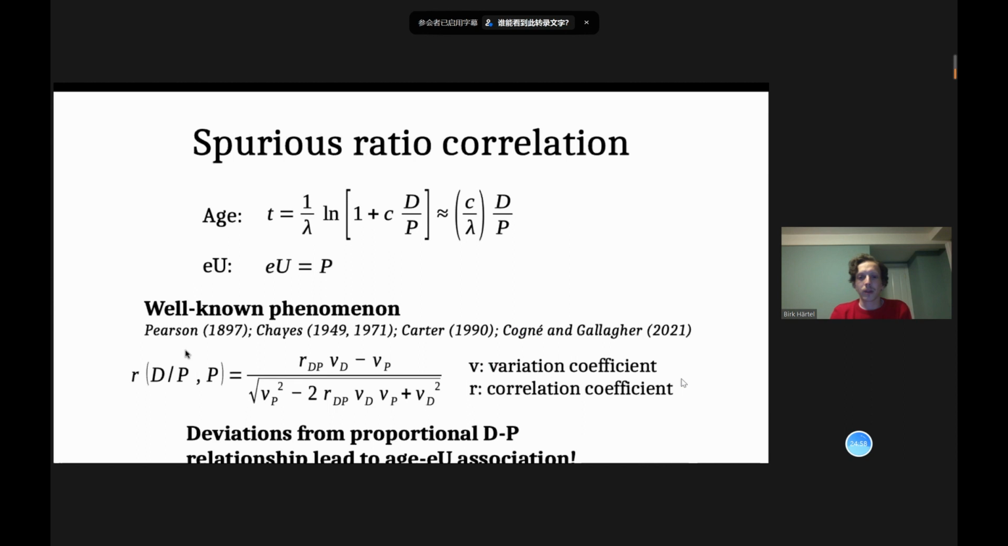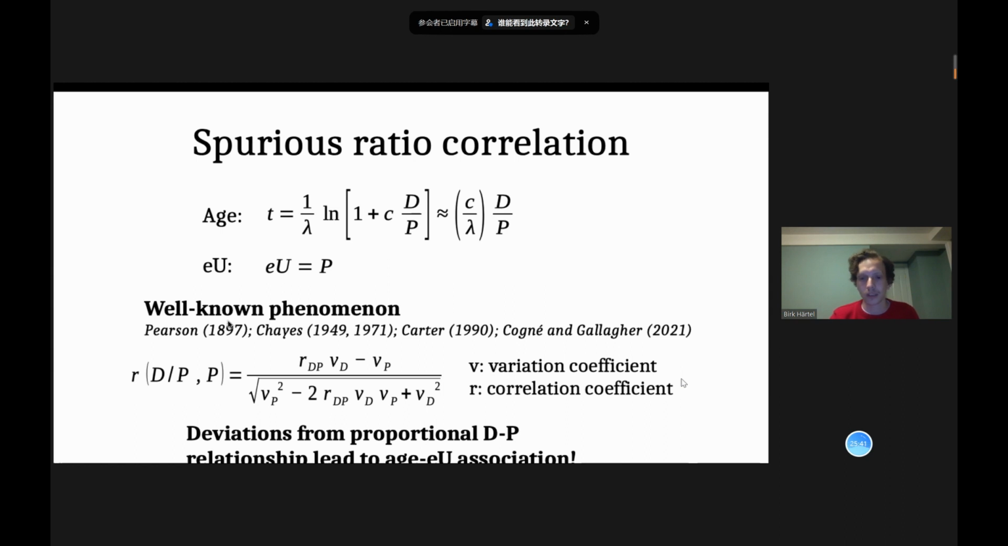So now there's the question, how does the correlation now arise? As I told you, actually in this age equation, we already have both the age and the parent concentration, and we can just simplify it a little bit and say actually the effective uranium is something like the parent concentration, and we can use it as a parent concentration. And then, well, we already see that we have both of them in one equation, so some relationship must be there between the age and the EU. And this brings us into the field of spurious ratio correlation,